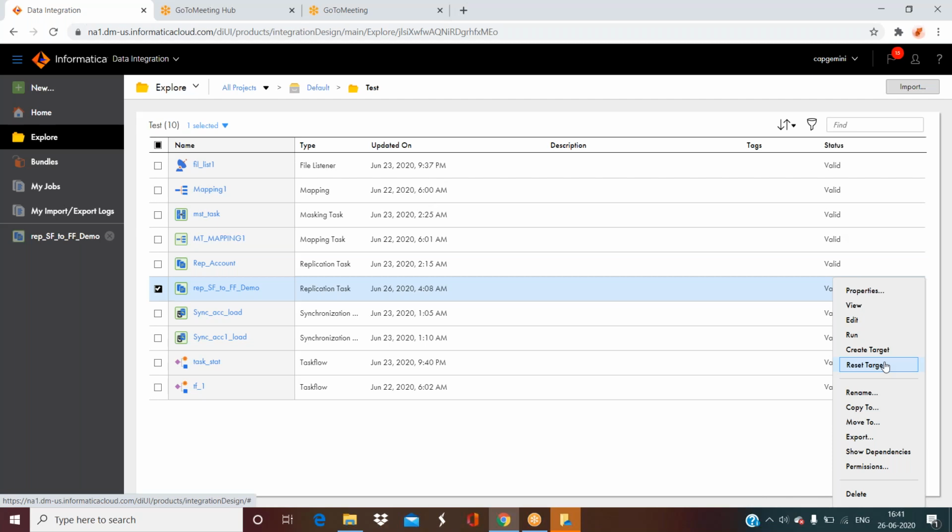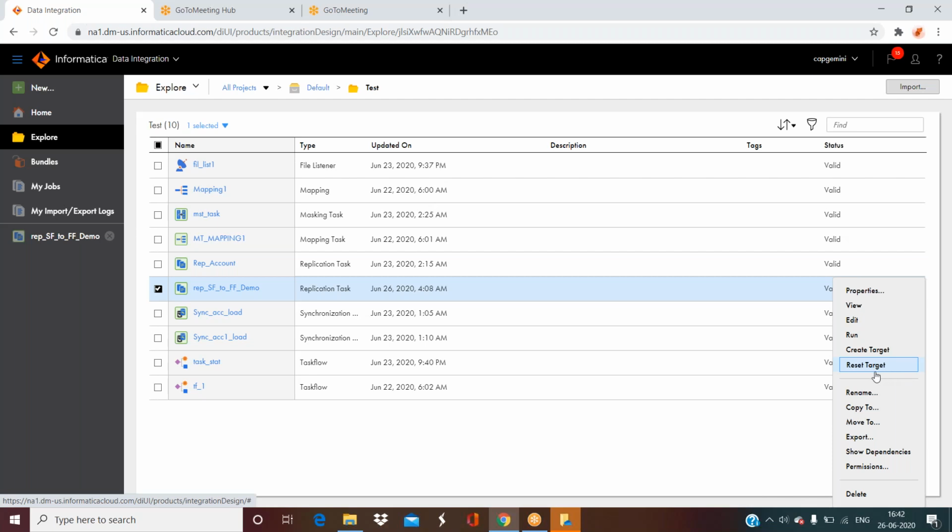So if it executes as per the schedule, it will give an error, because the source and target fields are inconsistent. So what can we do in that case? In this scenario, you can select this option, reset target, to drop the target table and recreate it. That's the use of reset target.